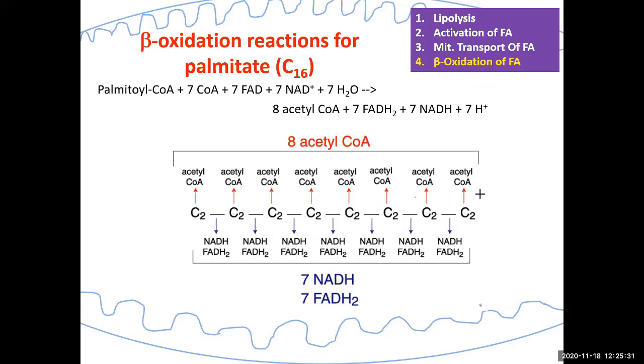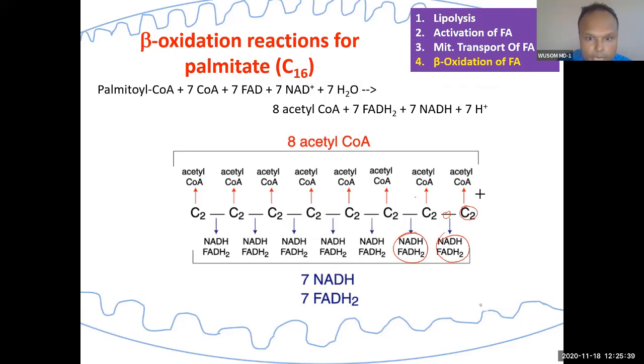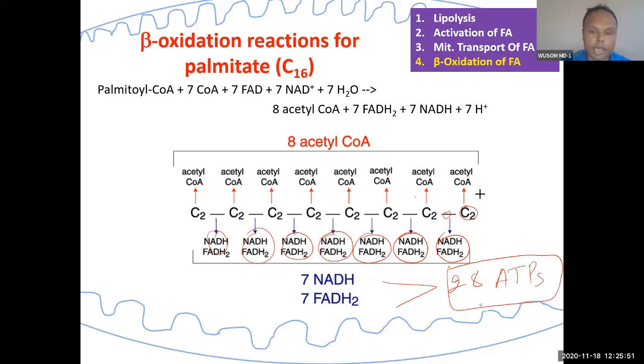So you know that's the beta oxidation process. There will be production of NADH and FADH2 from this bond. 7 NADH, 7 FADH2 will be produced. Total is 28 ATP. 28 ATPs will be produced from beta oxidation only. And see, in liver, this acetyl coenzyme A will form ketone bodies. So in liver only beta oxidation will happen, and liver is satisfied with this 28 ATP, okay?